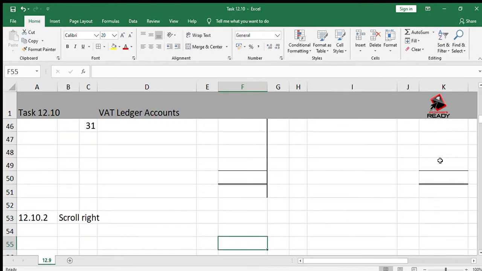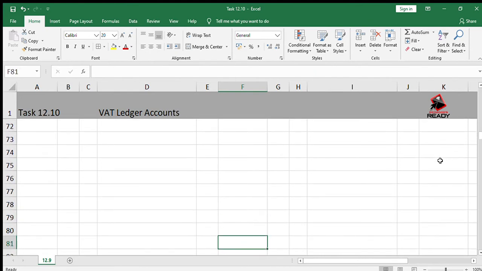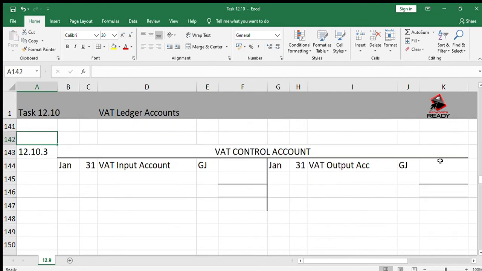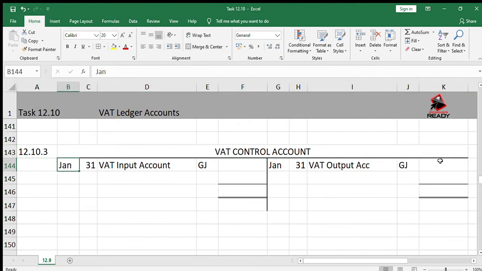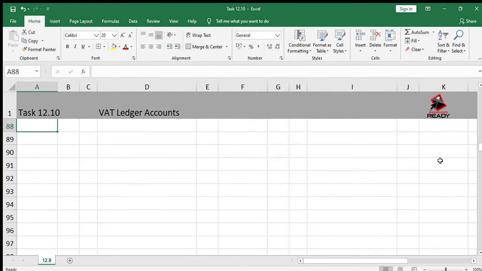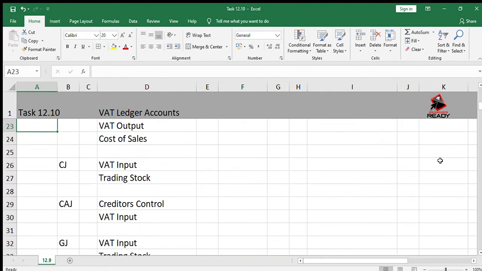If you go to the next question, 12.10.3, you have to do the VAT control account. And you can see I've set up a standard format for the VAT control account because this is how it's always going to look. You're going to have your amount for the VAT output on the credit side and your amount from the VAT input on the debit side. Obviously, we don't know which side will be bigger, so we can't put the balance in yet, but we will do that later. Okay, so going back to our journals, the first journal we're going to start with is